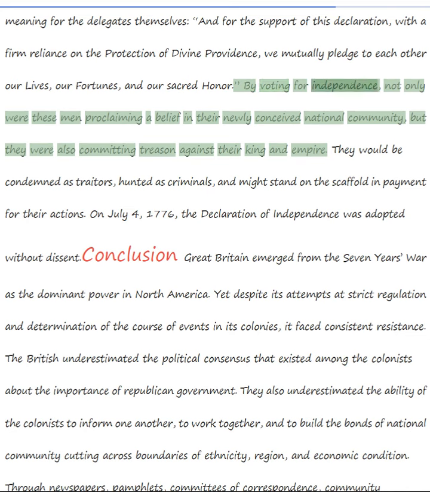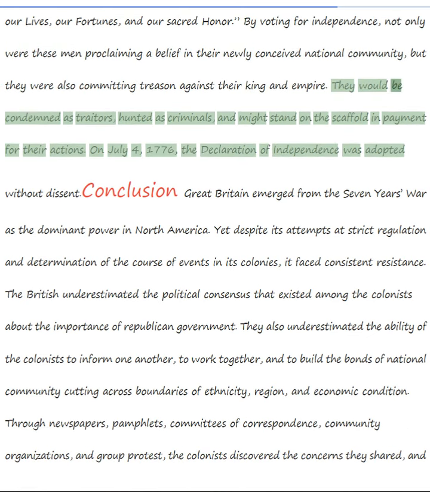By voting for independence, not only were these men proclaiming a belief in their newly conceived national community, but they were also committing treason against their king and empire. They would be condemned as traitors, hunted as criminals, and might stand on the scaffold in payment for their actions. On July 4, 1776, the Declaration of Independence was adopted